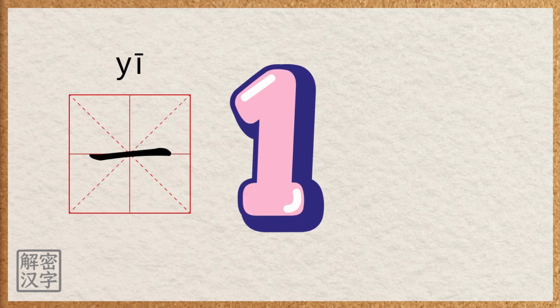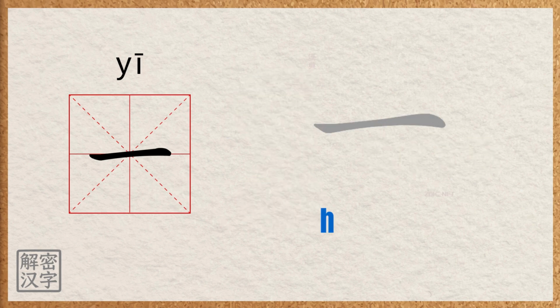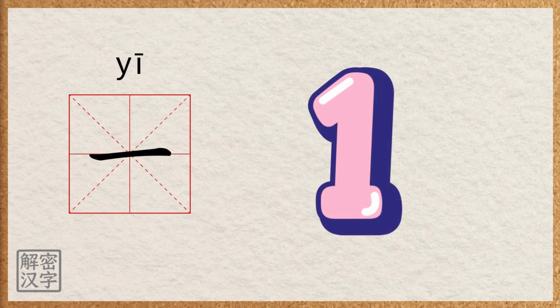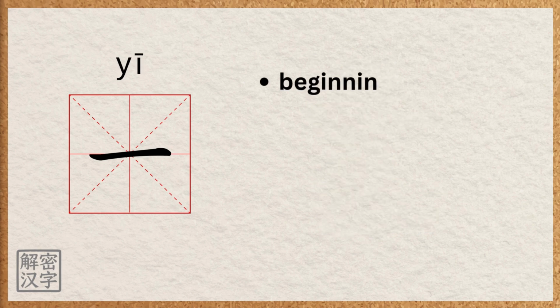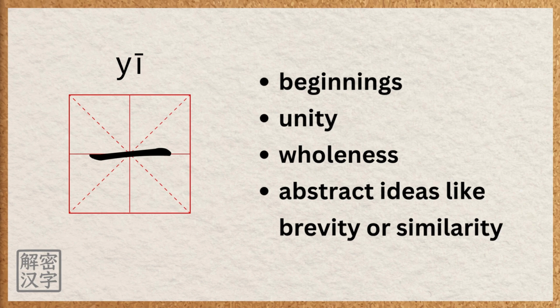The character 一 represents the number 1. It's one of the simplest and most frequently used Chinese characters, just a single horizontal stroke. But 一 isn't just a number, it also carries deeper meanings. It can symbolize beginnings, unity, and wholeness, and sometimes express abstract ideas like brevity or similarity, depending on how it's